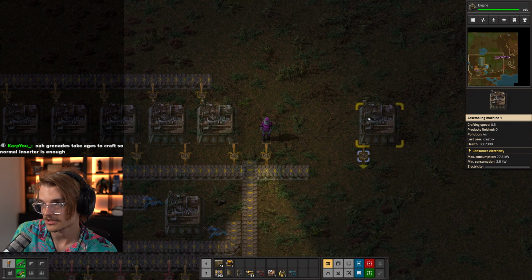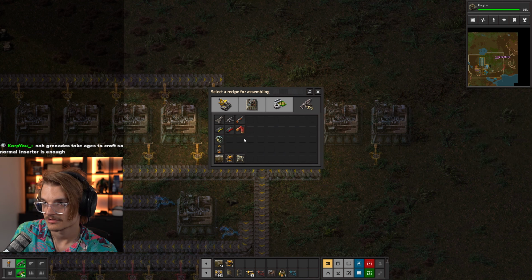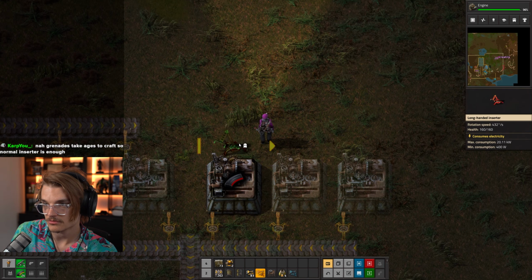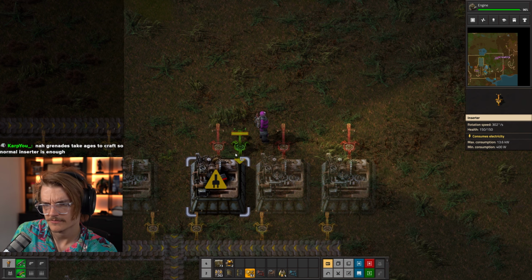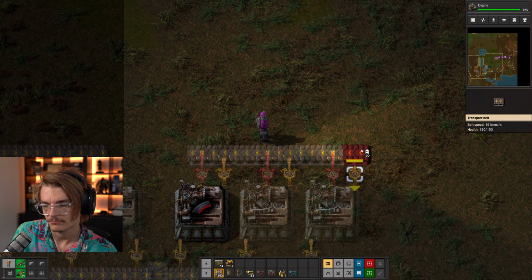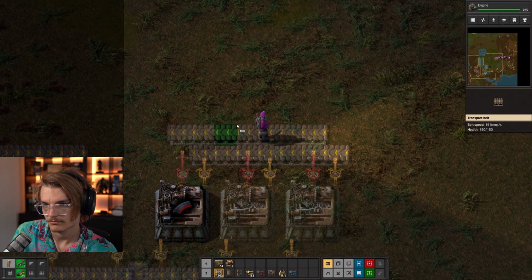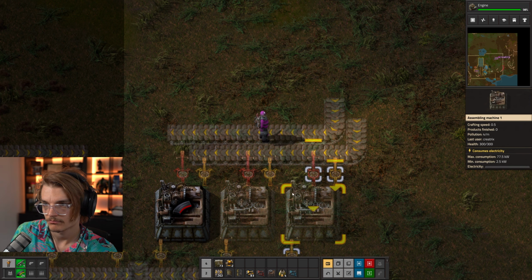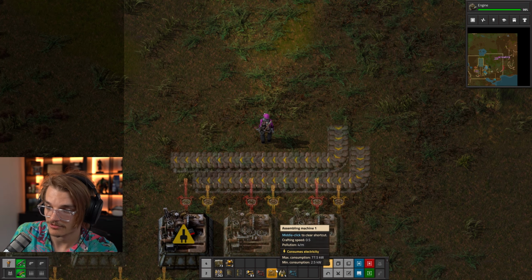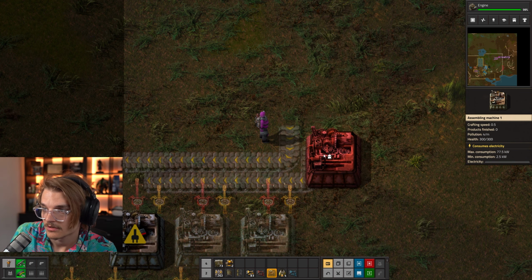They take 3 seconds. And they need... what? Oh, Jesus Christ. That was upsetting. They need 3 things. Again, we need to do some long inserting, so to speak. And then what? Well, everything's going to need to be crafted for that one, so...